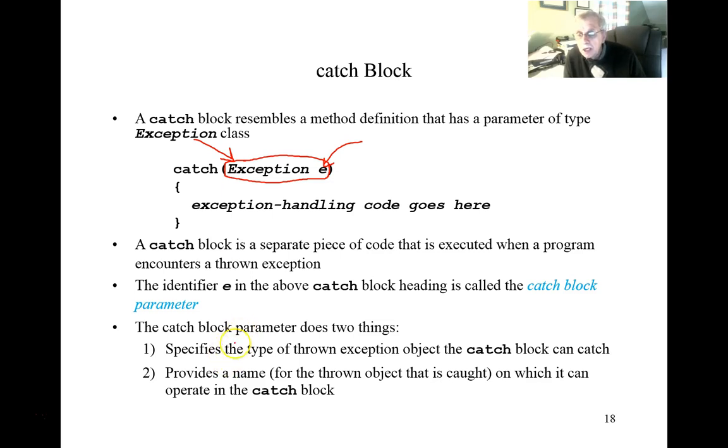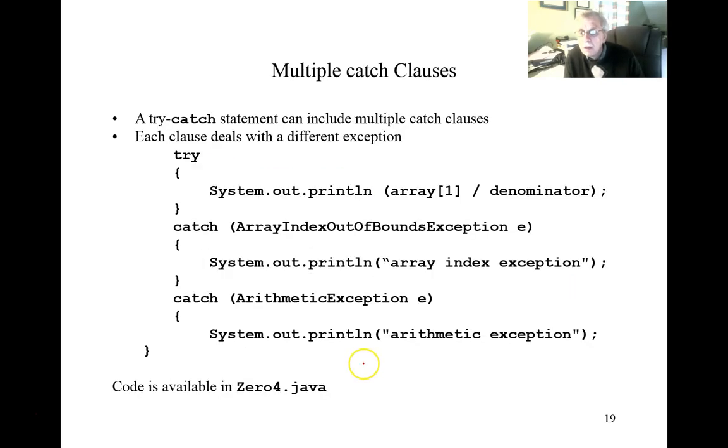So the catch block parameter also provides a name for the thrown object. That would be this e that we saw up here, on which the catch block can then execute. And we'll show you how we can actually utilize that to invoke a special method called getMessage. Okay, so here we have a try catch block that